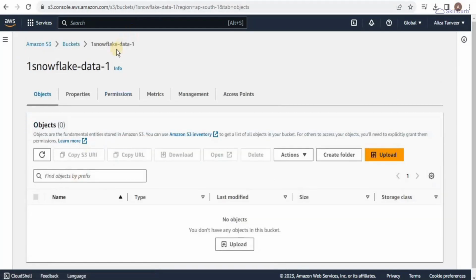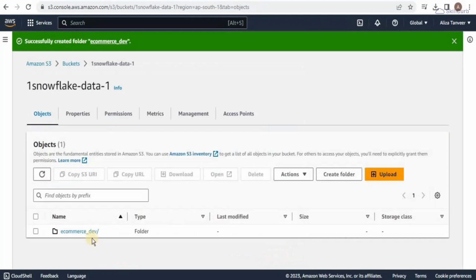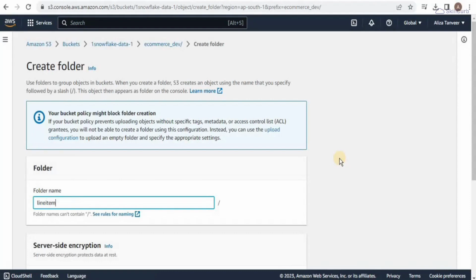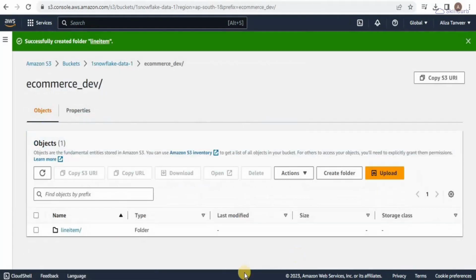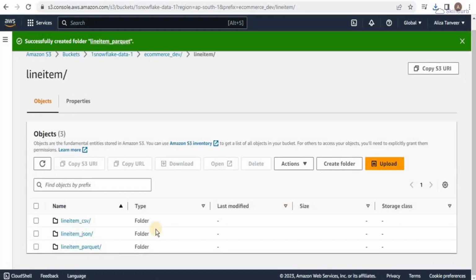So once our bucket is created, we'll go ahead and create different folders in it. So the first folder that I'm going to create, I'm going to call it ecommerce_dev. And then once that folder is created, then inside that folder, I'm going to create another folder and I'll call it line item. Once the line item folder is created, I'm going to go inside it and then I'm going to create 3 different folders for it, which are line item underscore CSV, line item underscore JSON, and line item